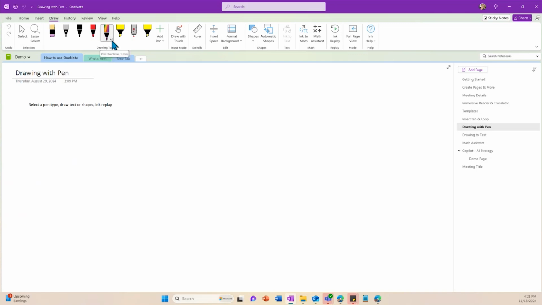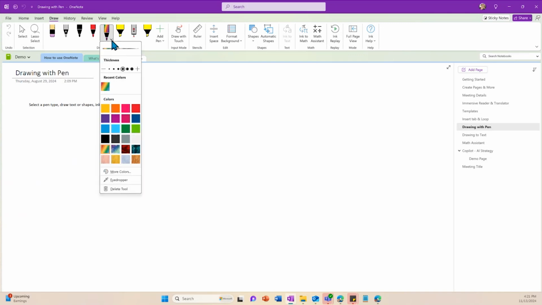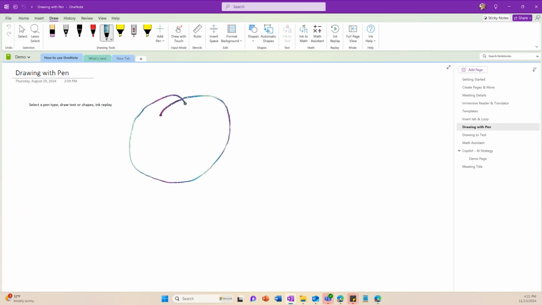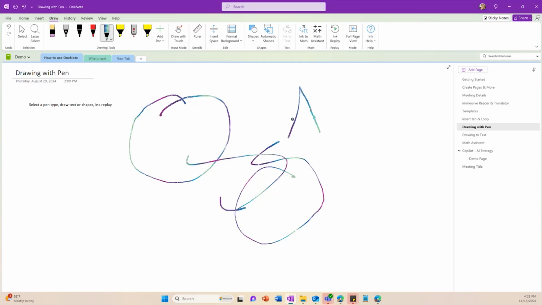It's just a pen. And if I click the caret at the bottom there, you can change the thickness or the color. And they have all these really cool rainbow colors, or this one looks like a starry night type color. And now I can actually draw with this pen. So basically free shapes. I can write, so I'm gonna write my name. I'm not very good at doing this with a